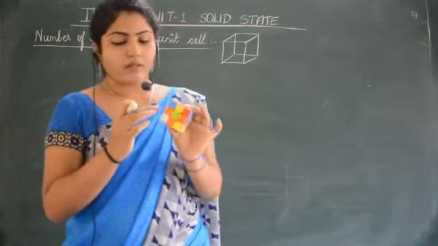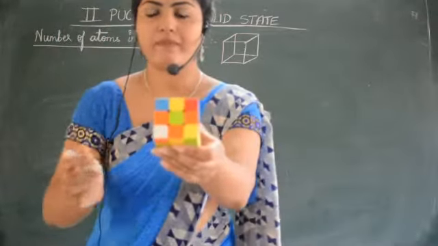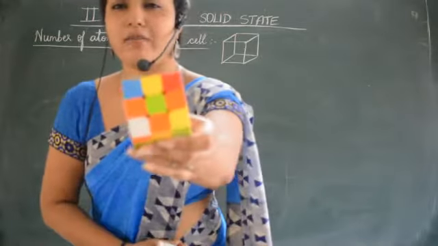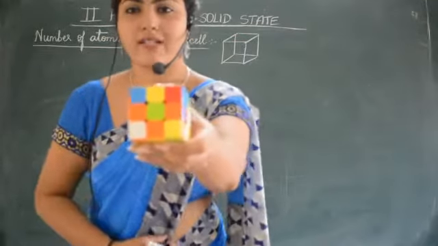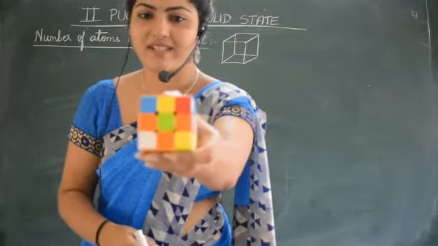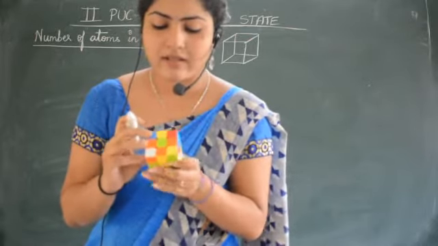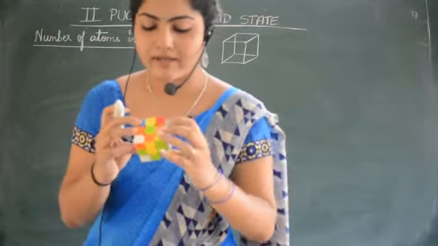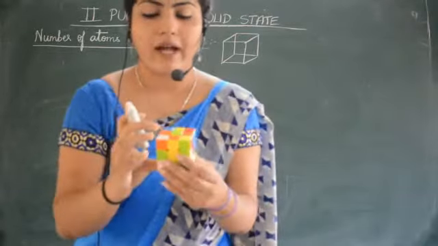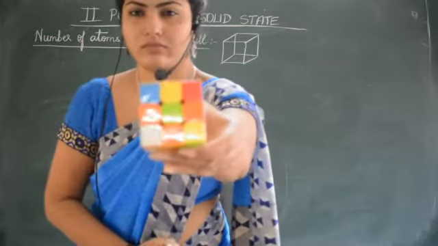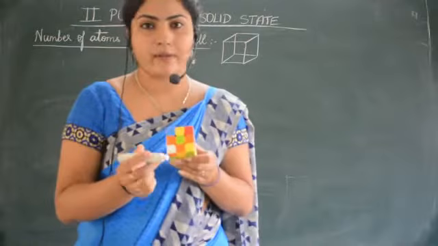Now here, if you clearly observe these atoms, see the green block which you can see here in the middle, that green block is complete. Can you see that? And the ones above it, at the corner, the atoms are blue and red color, and at the bottom white and yellow. So I say that they are the corner atoms.